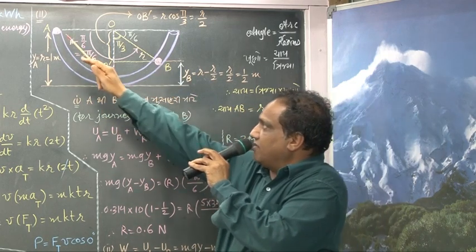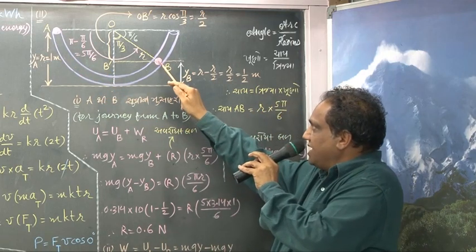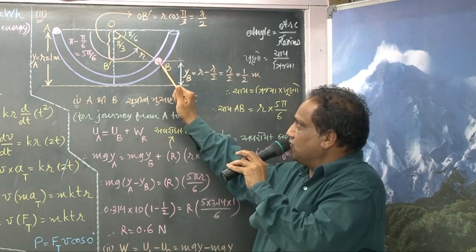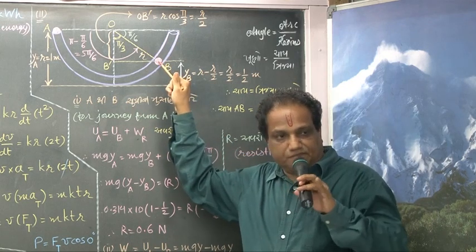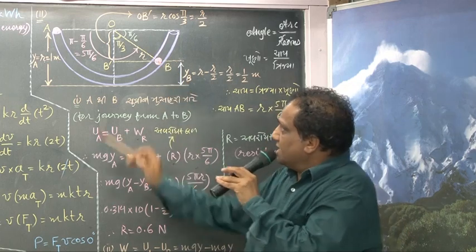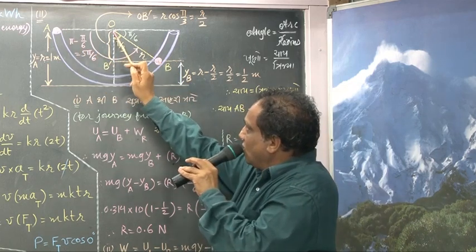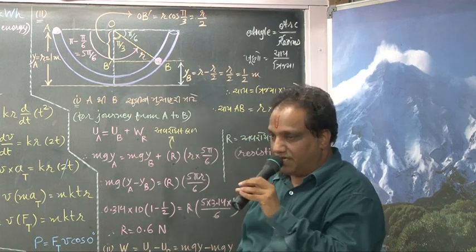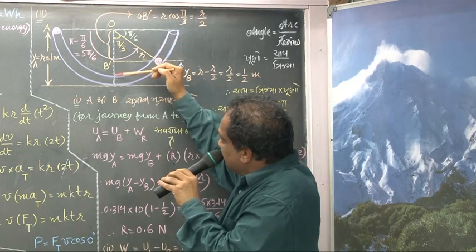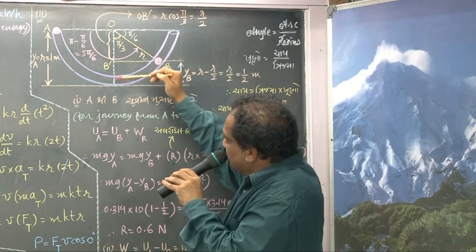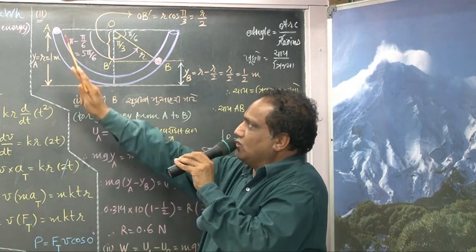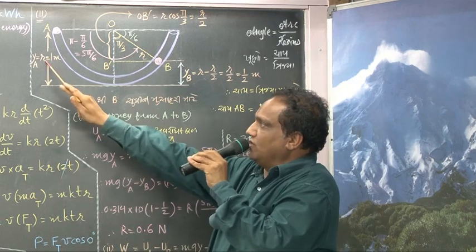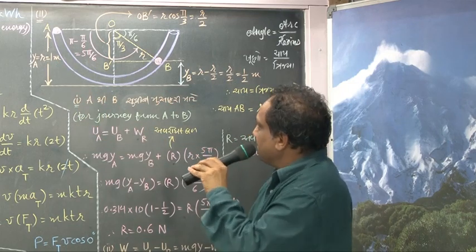And by the time it comes from A to B, they have said its velocity becomes 0. So here the body comes to rest for a moment. This or this or this will give you the radius. So this much is the radius of the semicircle. Let it be r. It is also the height of point A from this reference level. It is equal to the radius. Radius you are given 1 meter.